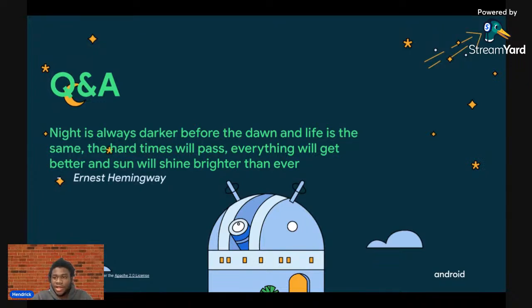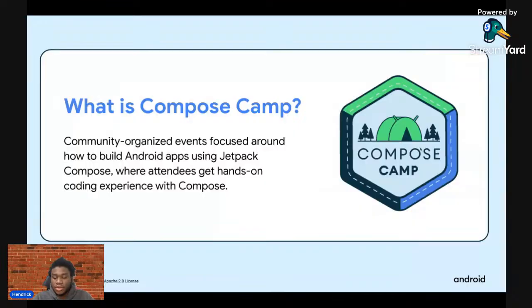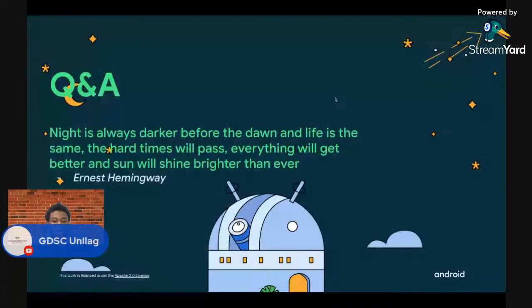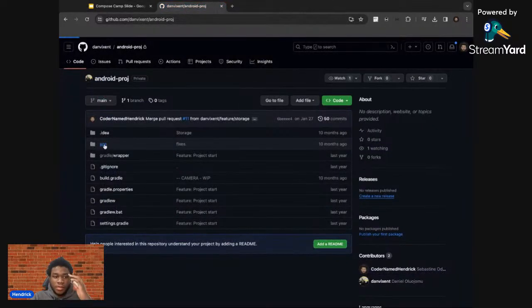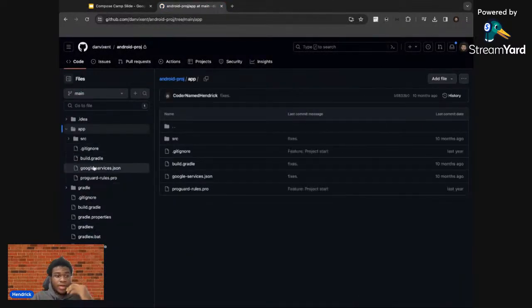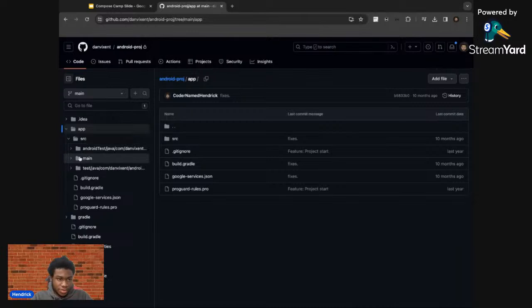So I want to show us some code just to show how Jetpack Compose apps look, and then we can go to Q&A. So this is from one of my projects, and it is not open source.